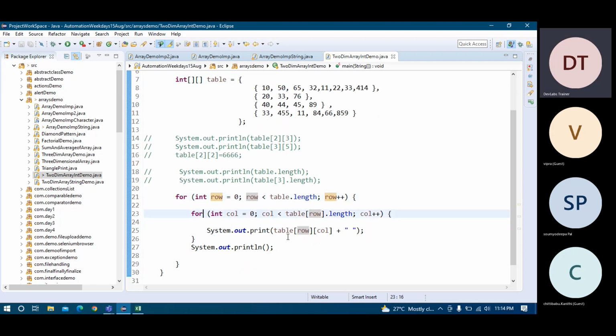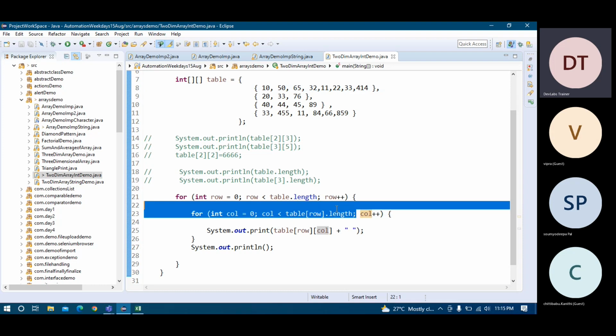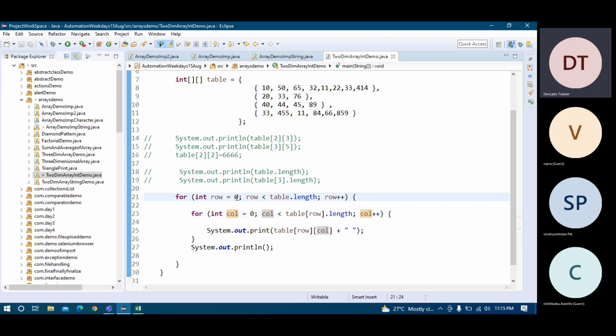And then it comes to the columns. When you go to a particular row, from where do you access the column? The start is 0, I will start from here and go till the end. So how to get the end? For the particular row, whatever the row is, 0, 1, 2, how many columns there are, that's a dynamic kind of initialization.